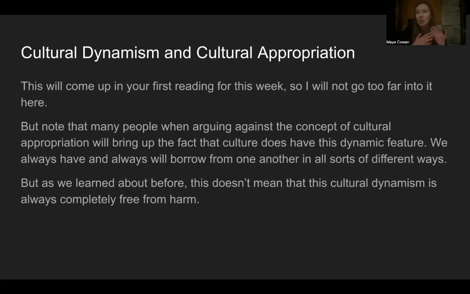But cultural dynamism is one thing, and cultural appropriation is perhaps a subset of cultural dynamism that I think is worth picking apart. Just as one example, the author of the cultural appropriation and Halloween essay worked for a project called iPinch. I don't remember what that stands for, but it was a project out of SFU University in British Columbia. I learned about it in my undergraduate degree, and I found it really helpful for conceptualizing what cultural appropriation is. So if you're still feeling a bit lost, I recommend looking at the iPinch Guide to Cultural Appropriation.